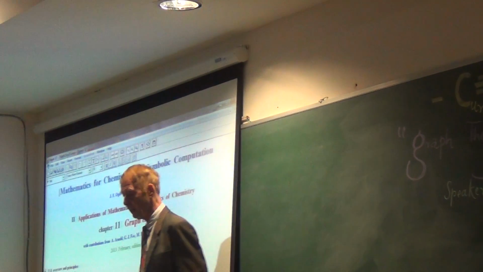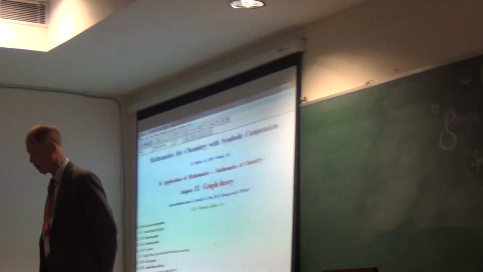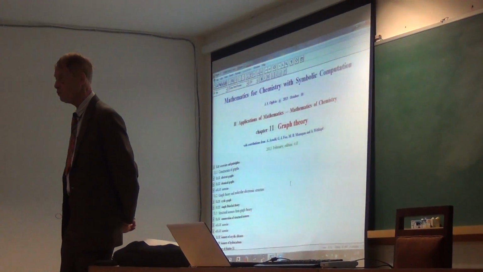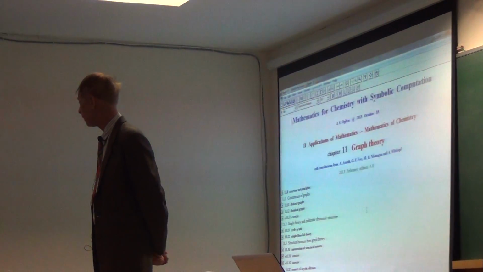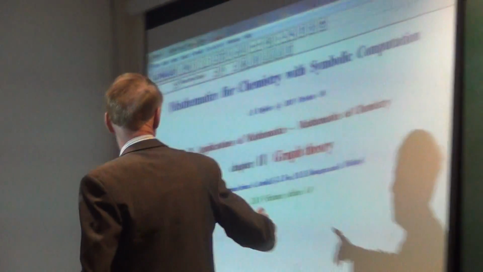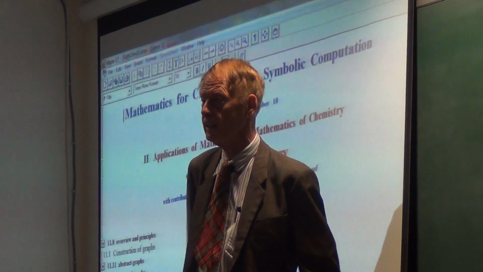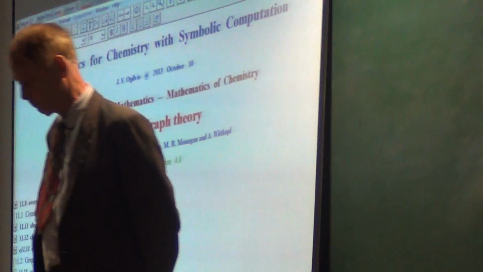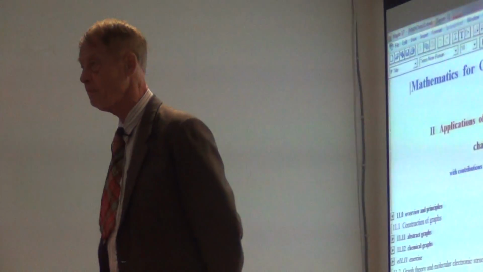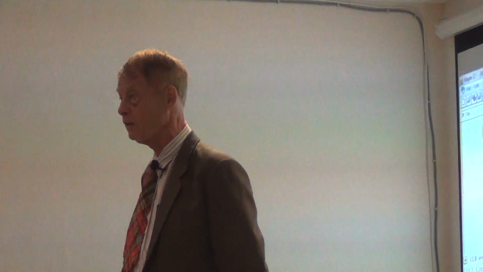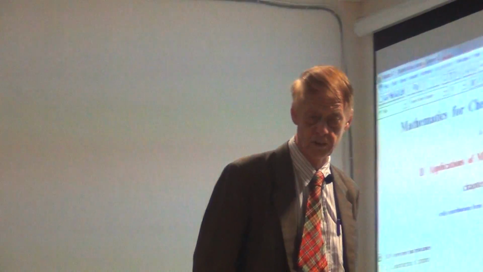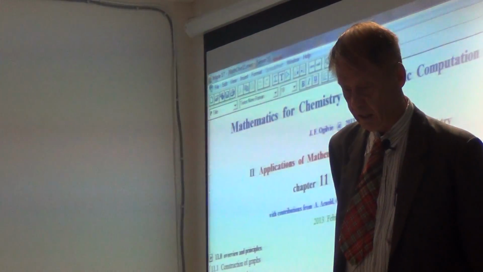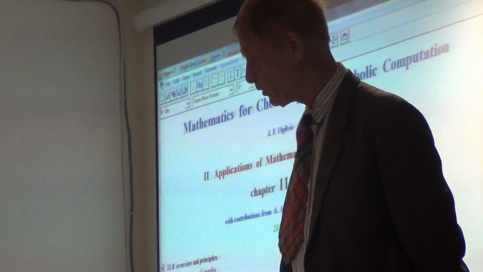And then part 2 is the mathematics of chemistry. The topics in part 2 are topics that are normally taught within chemistry courses. So chapter 9 is on chemical equilibrium. Chapter 10 is on group theory. Chapter 11 on graph theory. Chapter 12 on quantum mechanics, chemistry. Chapter 13, molecular spectrometry, which is the subject of my first book, as referred to in the introduction. So today we're going to go through some parts of this chapter.